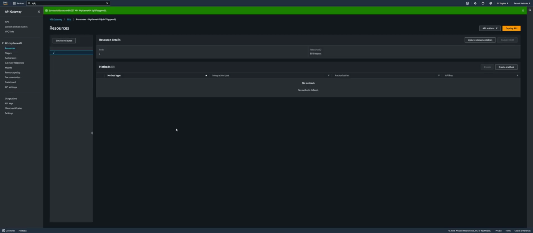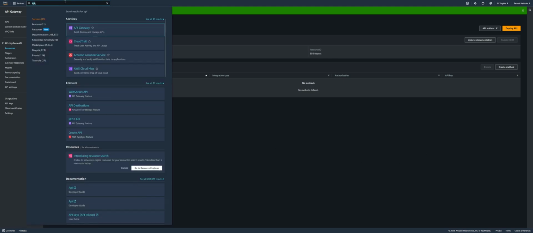Now we're going to be starting at a blank API screen here, and this is all we're going to do for right now. We're going to go backwards and work forward a little bit, and you'll see why that's important in a moment. API Gateway is going to be calling other backend resources, but it's a little hard to call those backend resources if those backend resources don't exist. So let's move over to